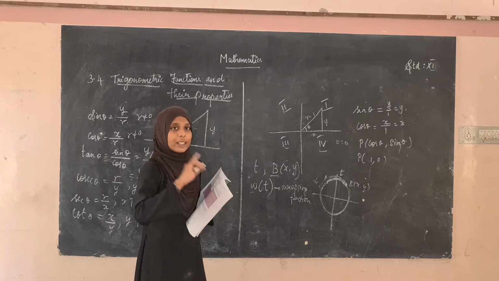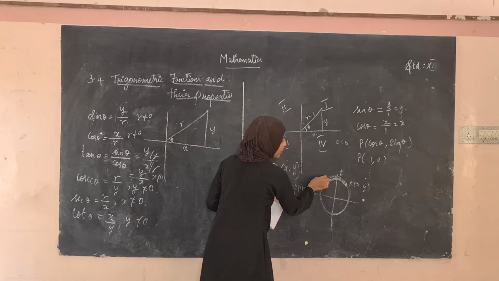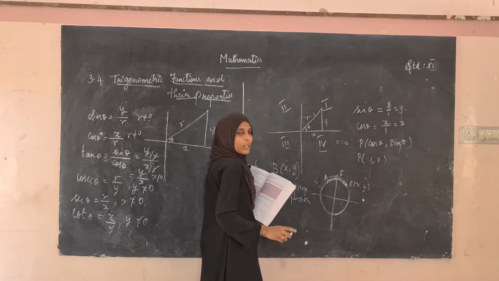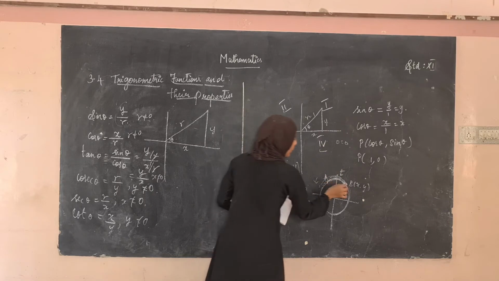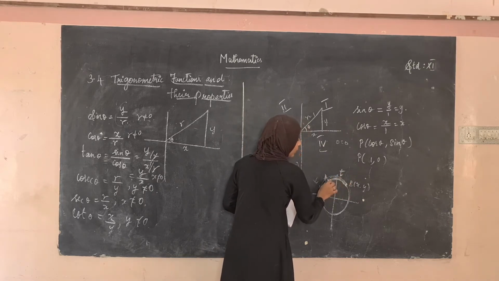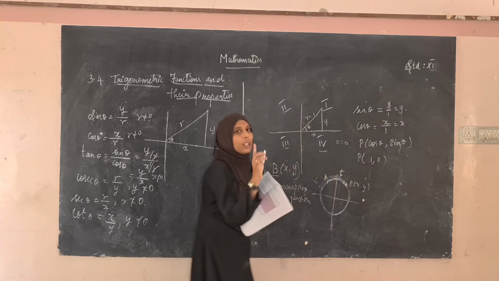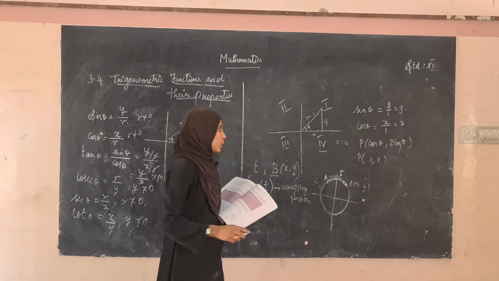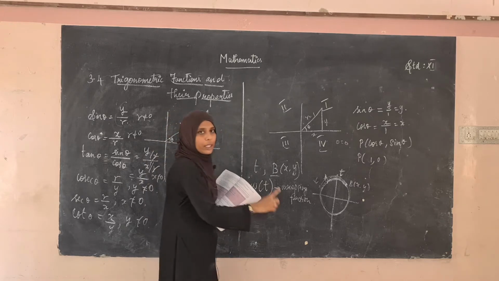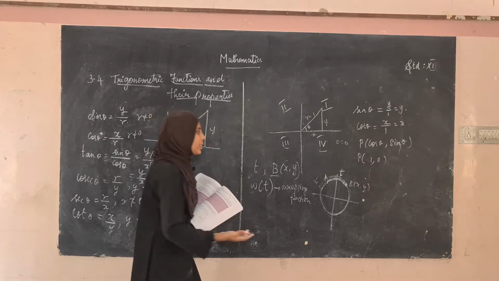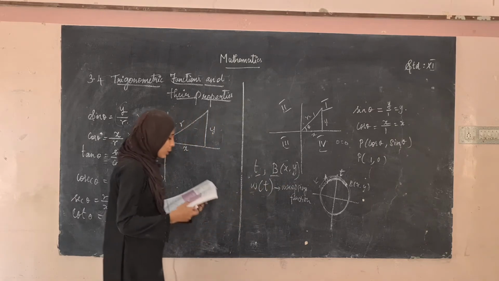Similarly, if t is negative, we will be taking this point, this is a fixed point A. So the important thing is choosing this point B. Where do we take point B? When t is negative, in the clockwise direction on the unit circle, we will be choosing the point B. So the distance AB will be equal to t. This type of function W of t, associating the real number t to the unit circle, is said to be the wrapping function.